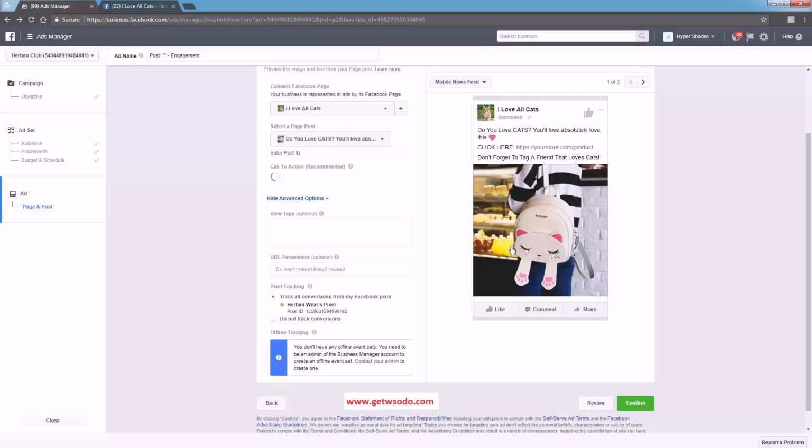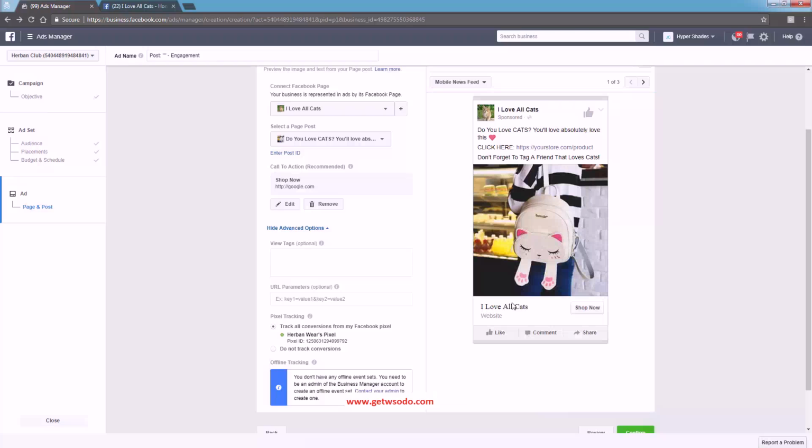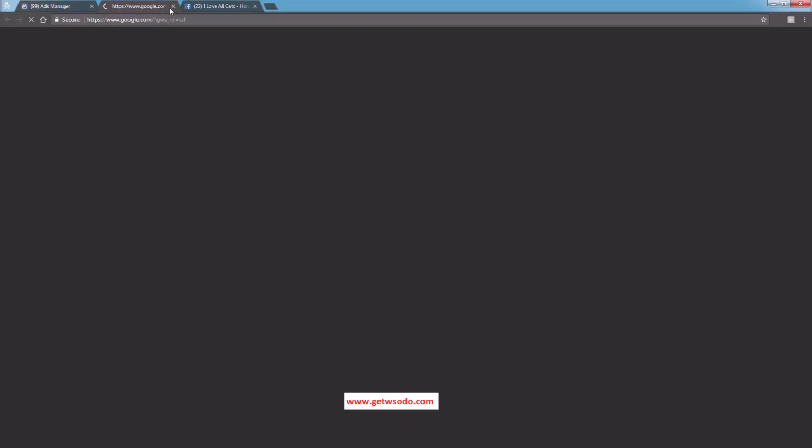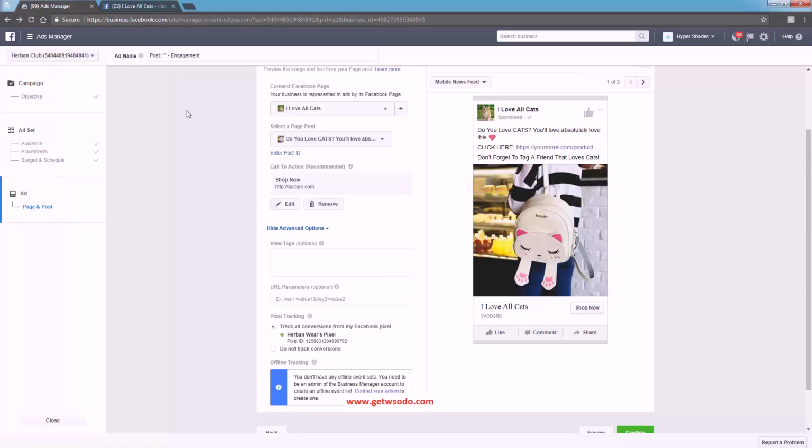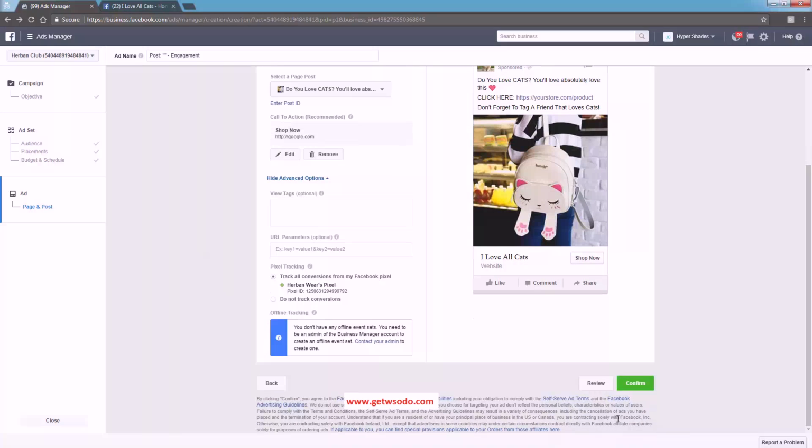Press update post, and you're going to see that this post will refresh, and underneath here you're going to have a nice new cool functionality, a nice little call to action right here. Okay, so you've got your name obviously, and you've got your shop now call to action, which will go to any URL that you want. Obviously I just put in Google, but you would put in the first step of your funnel, the destination. It would be the same URL that you have up here. Okay, otherwise you come down over here and press the green confirm button, and your ad would then go live, and that would be your first PPE ad.